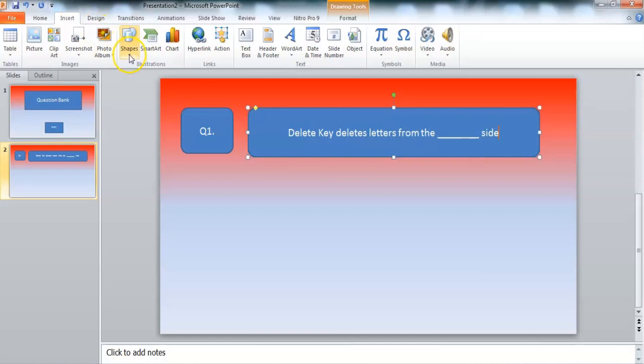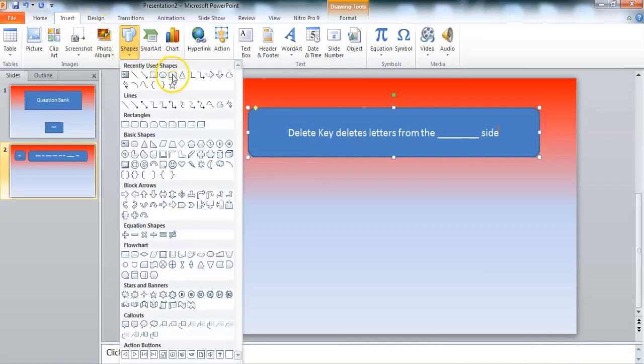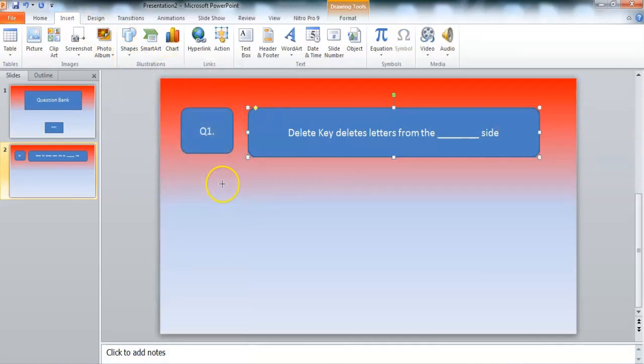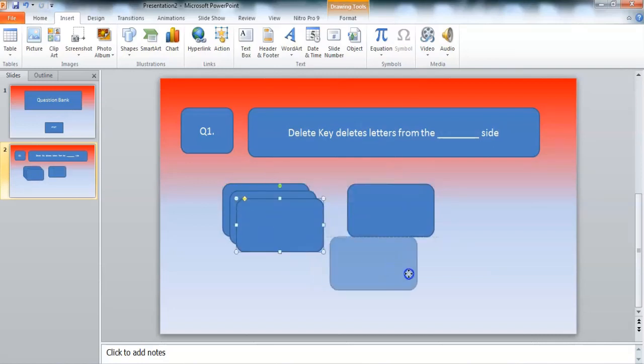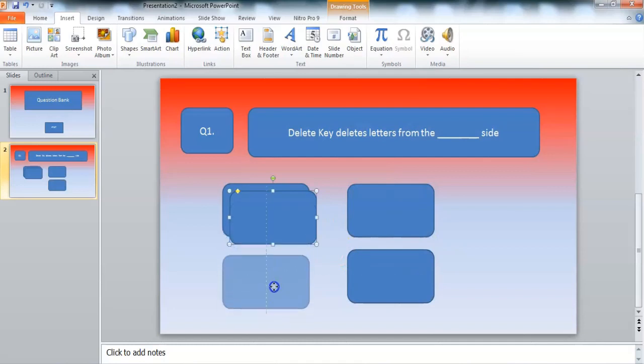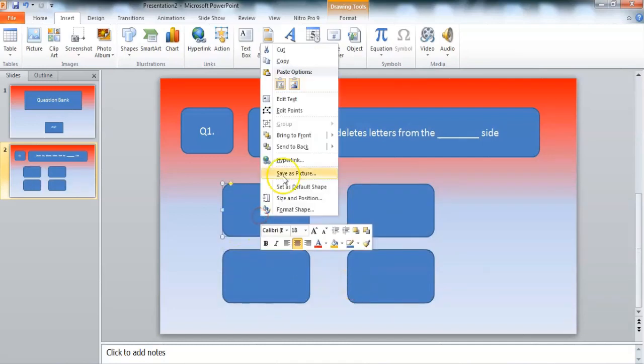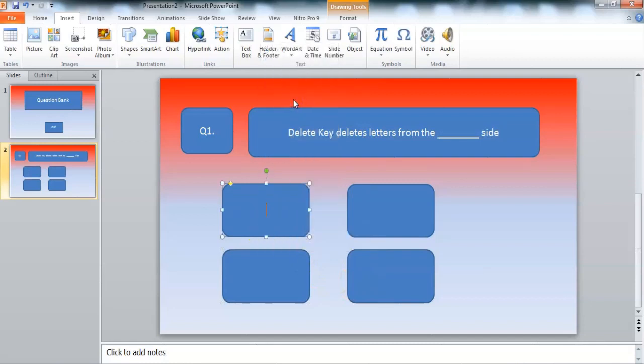So again using shape, take shape, you can copy it using Ctrl C, then paste it using Ctrl V 3 times. As I have to mention 4 options here, so I have taken 4 boxes. Right click, edit text.